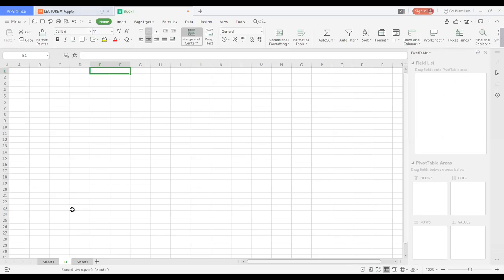Now I'll go to book 1, that is my Excel spreadsheet. Let's suppose I'm going to type some months, right? These are the months.